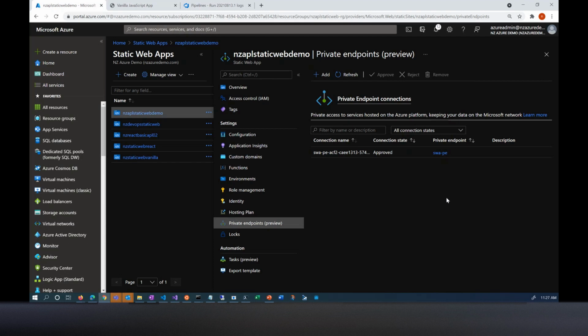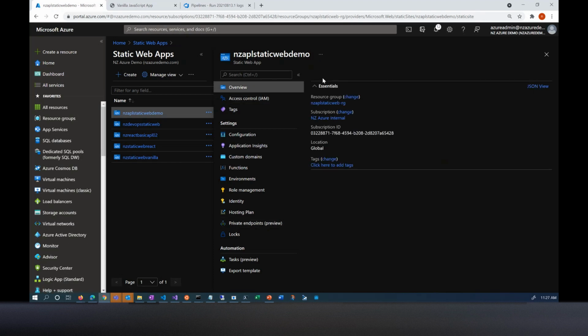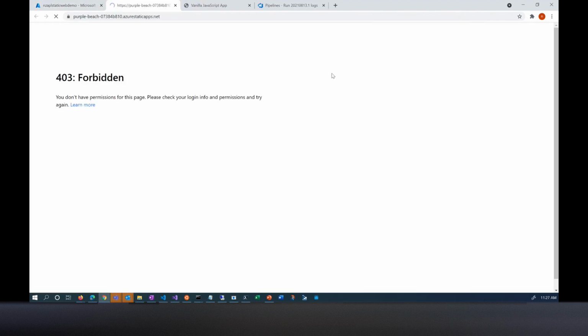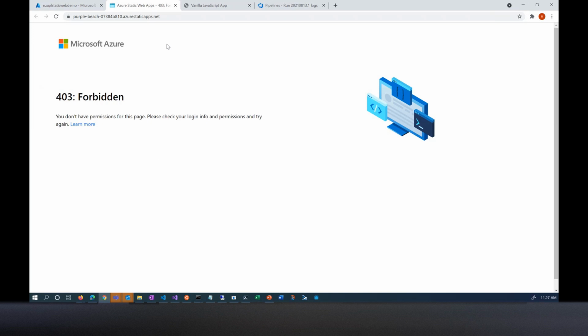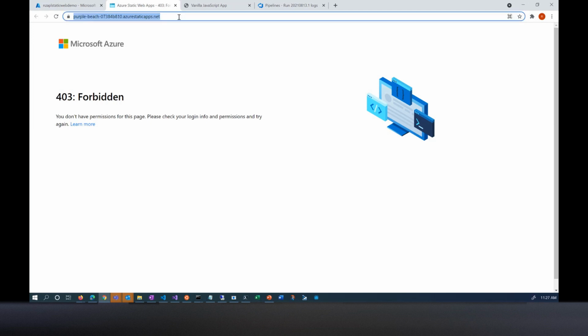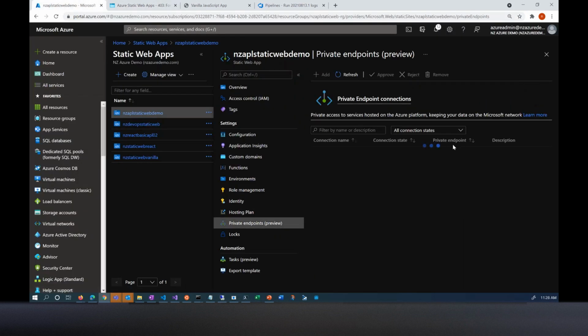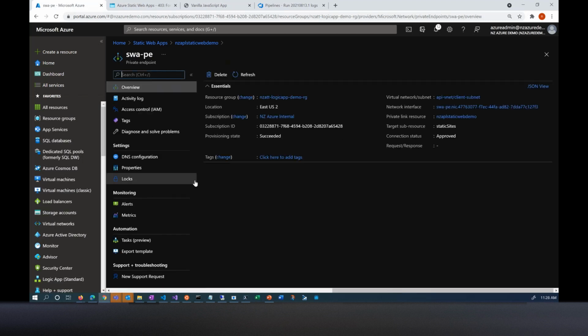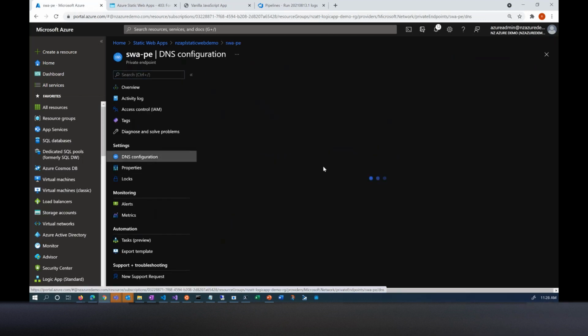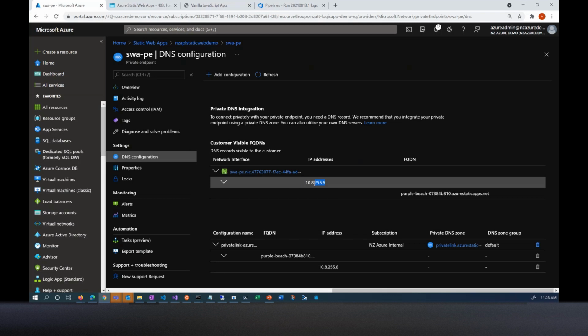Okay, so we have created the private endpoint. Let's try to access this app now over public IP. We cannot access it. As you can see, I'm trying to access it over the public internet. I cannot access it because it's only accessible over the private endpoint. So let's see what the private endpoint of that is. We need to get that information. You see it has a private endpoint